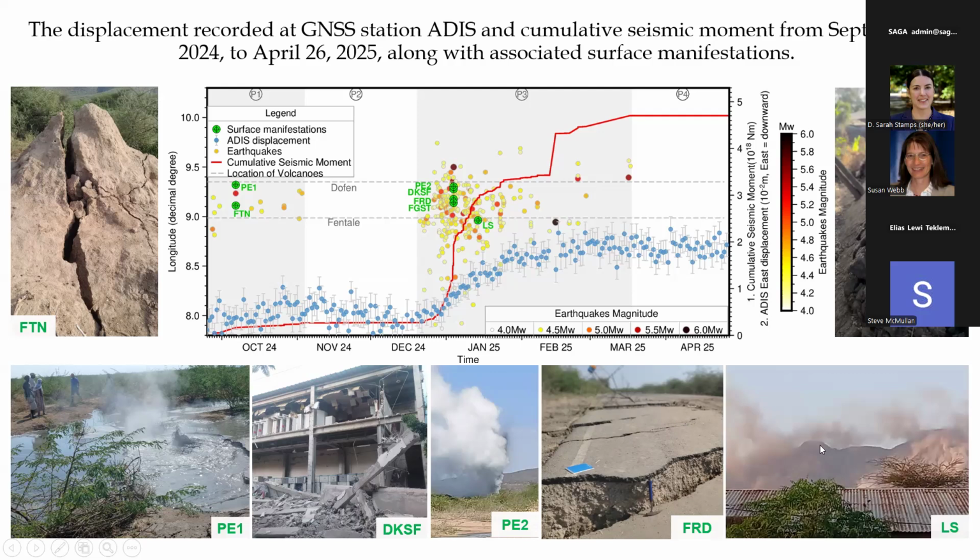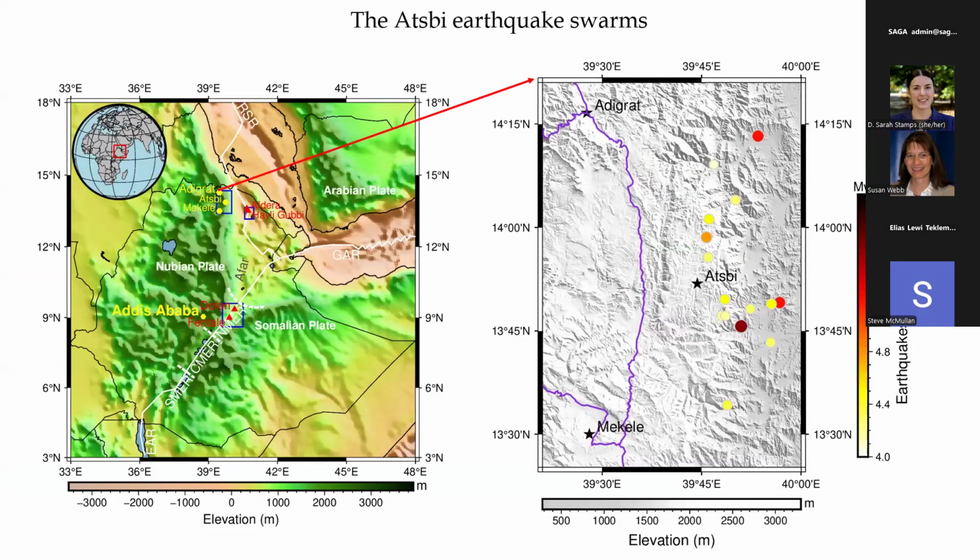And around Fantale, about January 23, 24, there was a very big landslide. One side of Fantale moved down due to landslide because of continuous earthquake and so on. But later, after this one, I will talk about this very shortly because I'm running out of time. The way I see it, there were more earthquakes in the northwestern part of Ethiopia, started around this